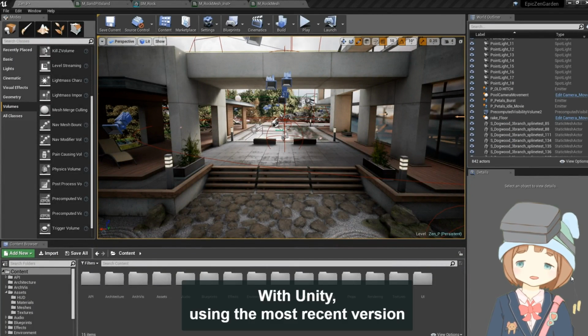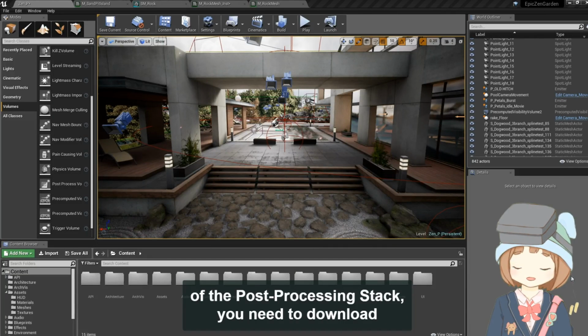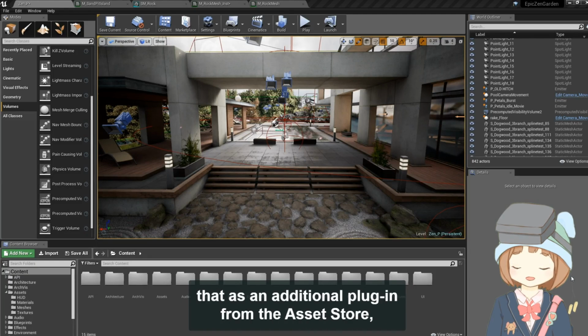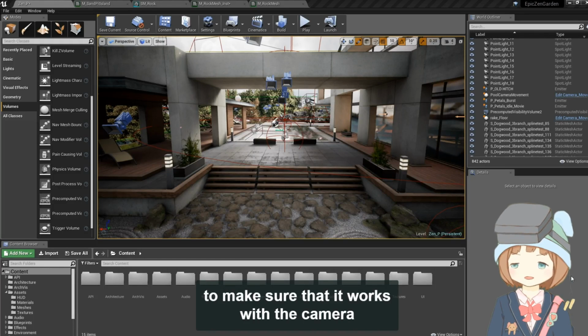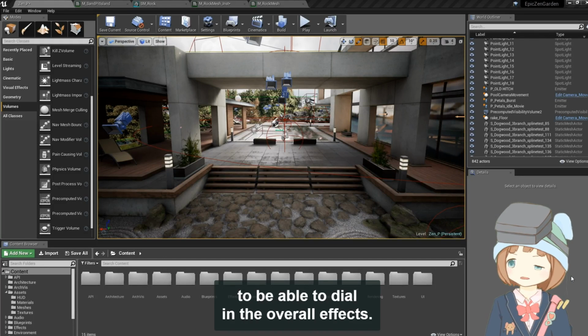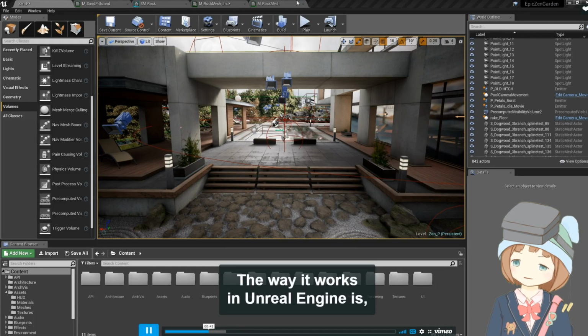So with Unity, using the most recent version of the post-processing stack, you need to download that as an additional plugin from the asset store and enable it in a couple of different ways to make sure that it works with the camera to be able to dial in the overall effects. The way it works in Unreal Engine actually is if